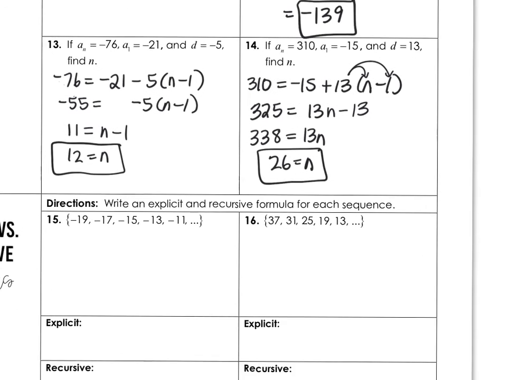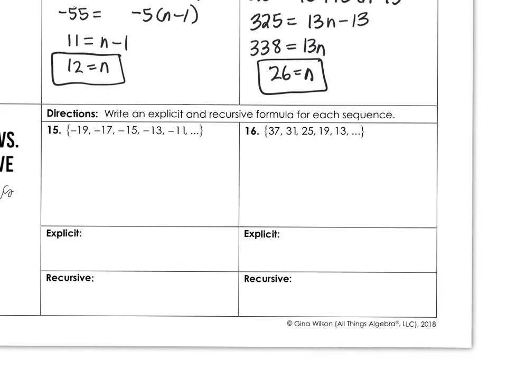All right, last little part on this page, where we're going to write explicit and recursive formulas for each sequence. I personally like the explicit, but you need to be able to recognize the others and know what they are. So let's look at it. What are they doing each time? Oh, notice they're adding 2. Sweet. And you might want to check a few of them, make sure that that's consistently what